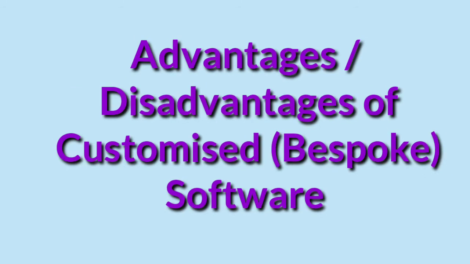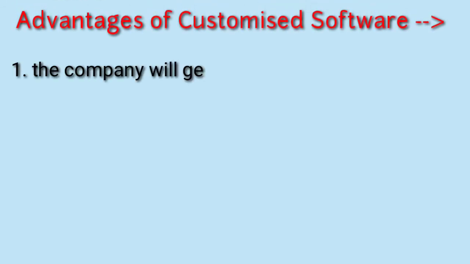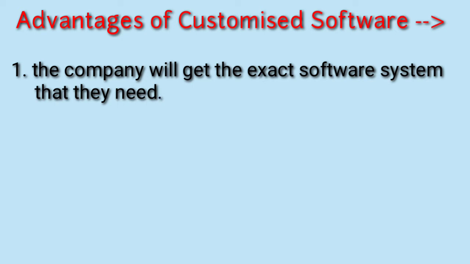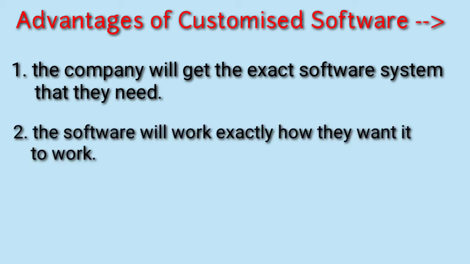So let us look into some of the advantages and disadvantages of customized or bespoke software. The first advantage of customized software is that the company will get the exact software, or the system will be exactly designed according to their need. So it will be acceptable to the company and very useful for them, easily understandable and usable by the users who are working for that particular company. The second advantage is that the software will work exactly how they want it to work,